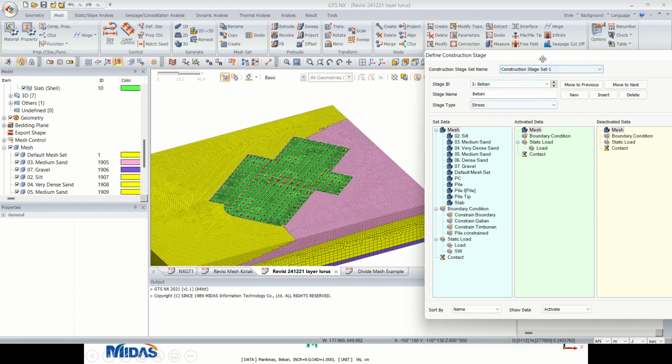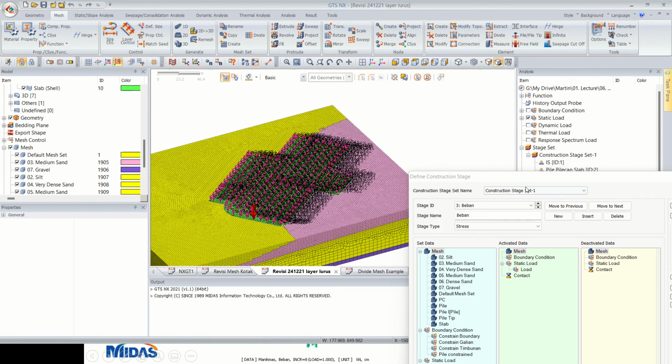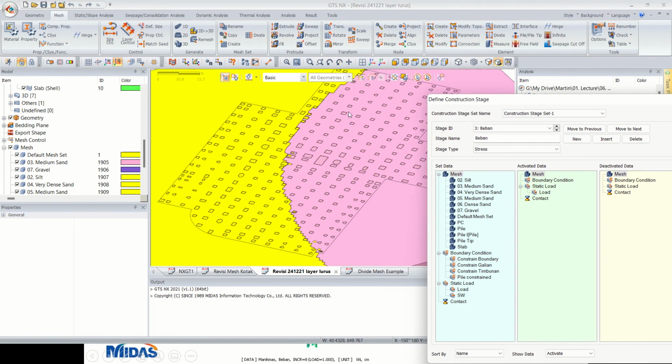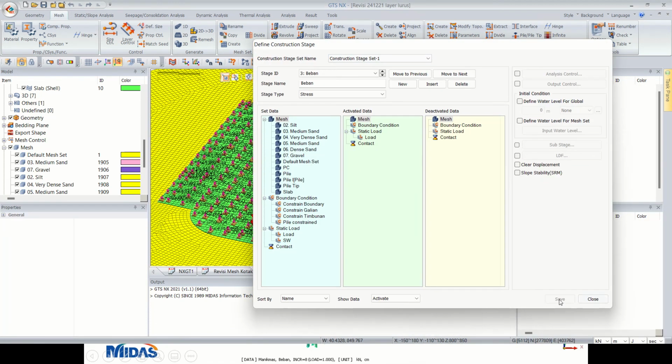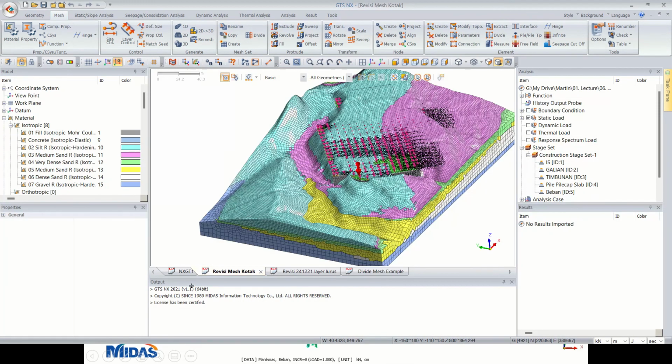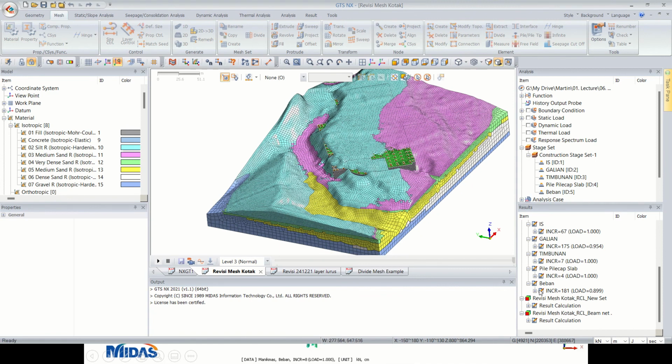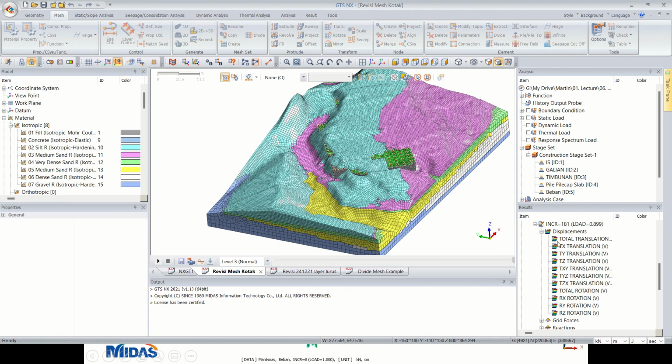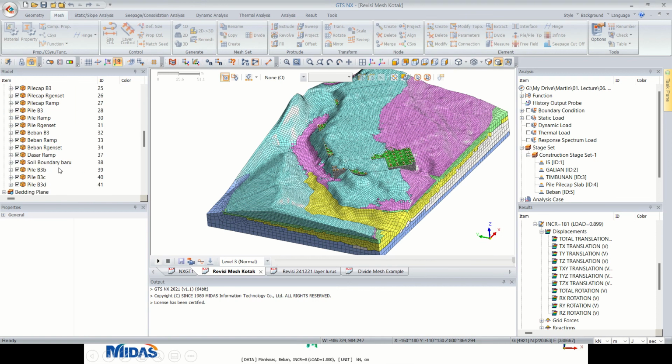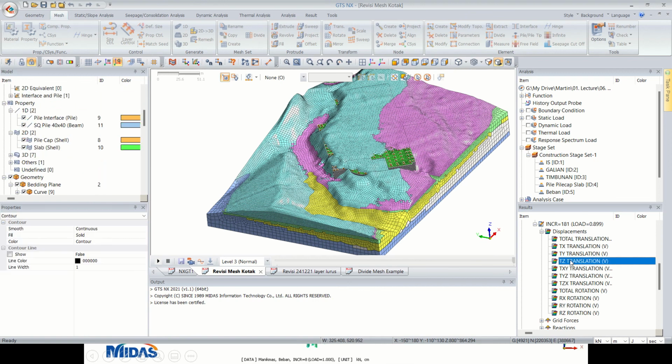Then I apply the load. Everything is the same. Then I get a completely different result, especially when it comes to settlement. Let me show you the settlement.